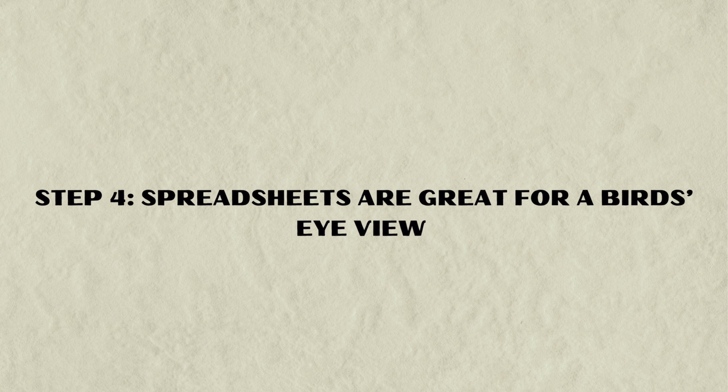Now on to step 4, which shows us that spreadsheets are great for a bird's eye view. Following the advice of an article I read on plotting, I created a spreadsheet where I created a quick overview of the characters, the world building, the scenes, as well as the novel outline. Deciding to write from 3 unrelated perspectives and third person omniscient means keeping track of each character's storyline is key to not let the story become too overwhelming. So I use ChatGPT to generate the columns for the spreadsheet according to my needs.